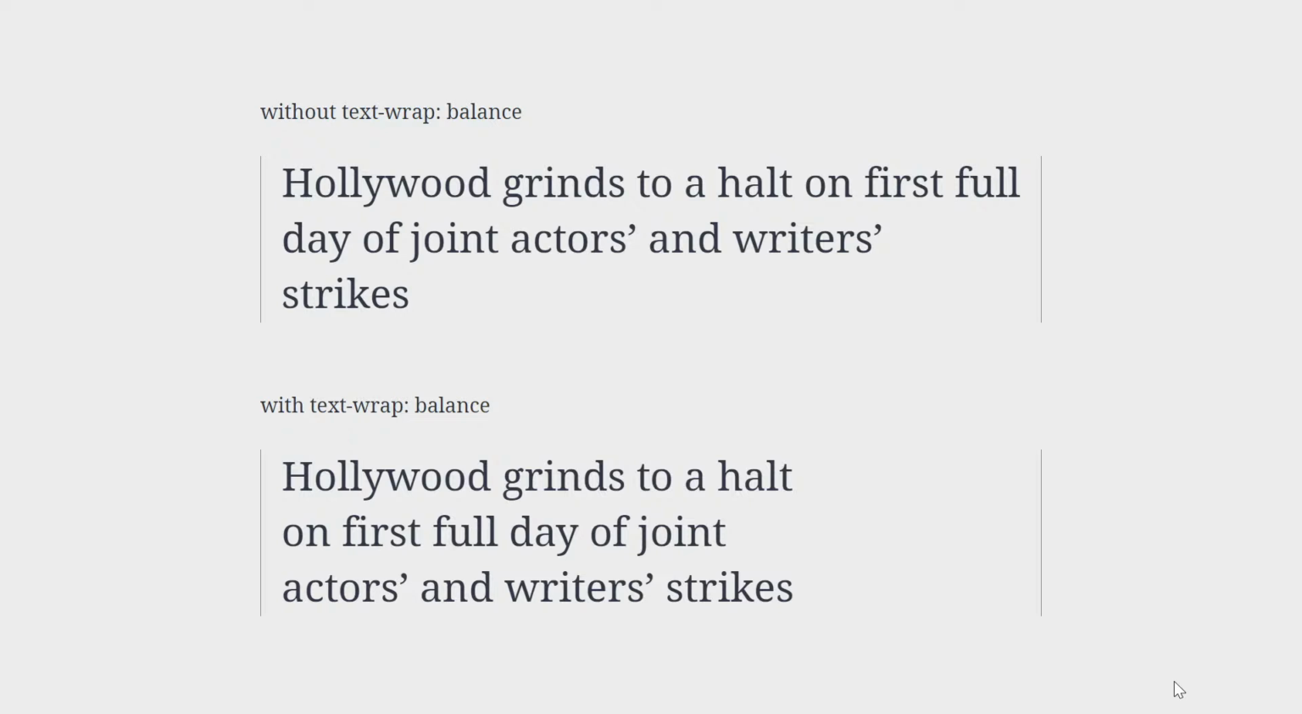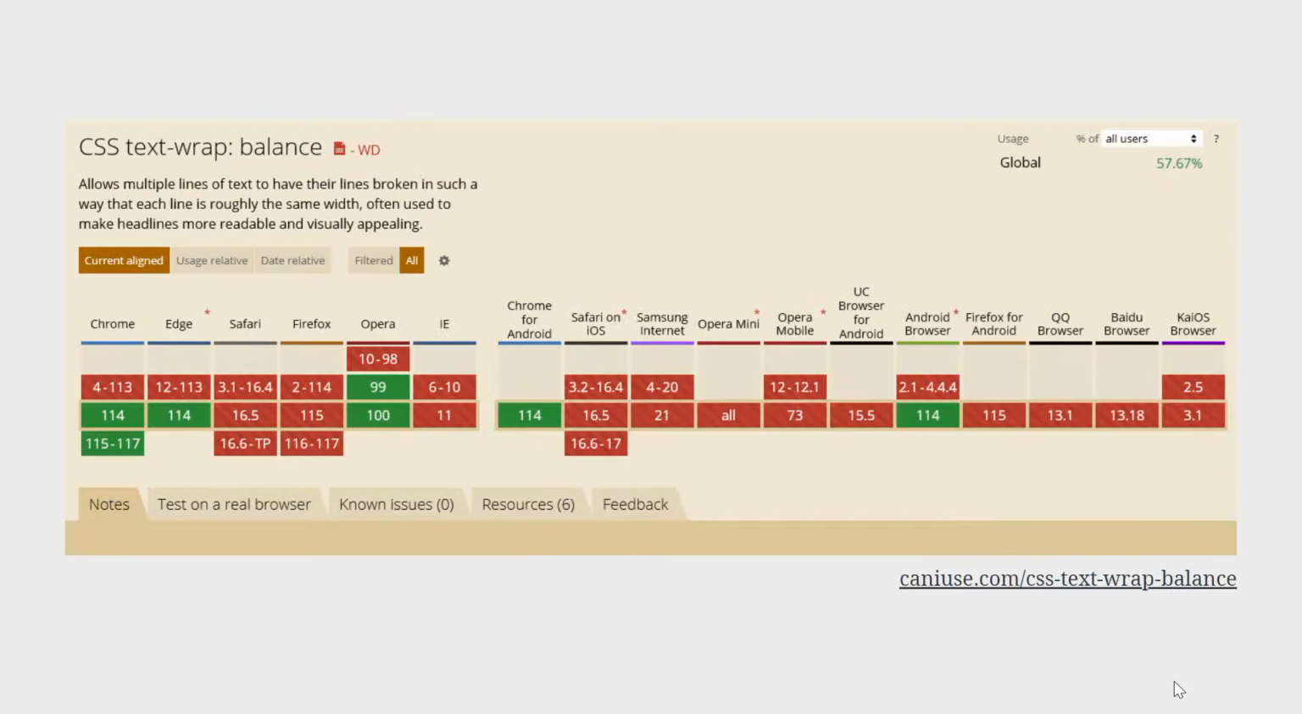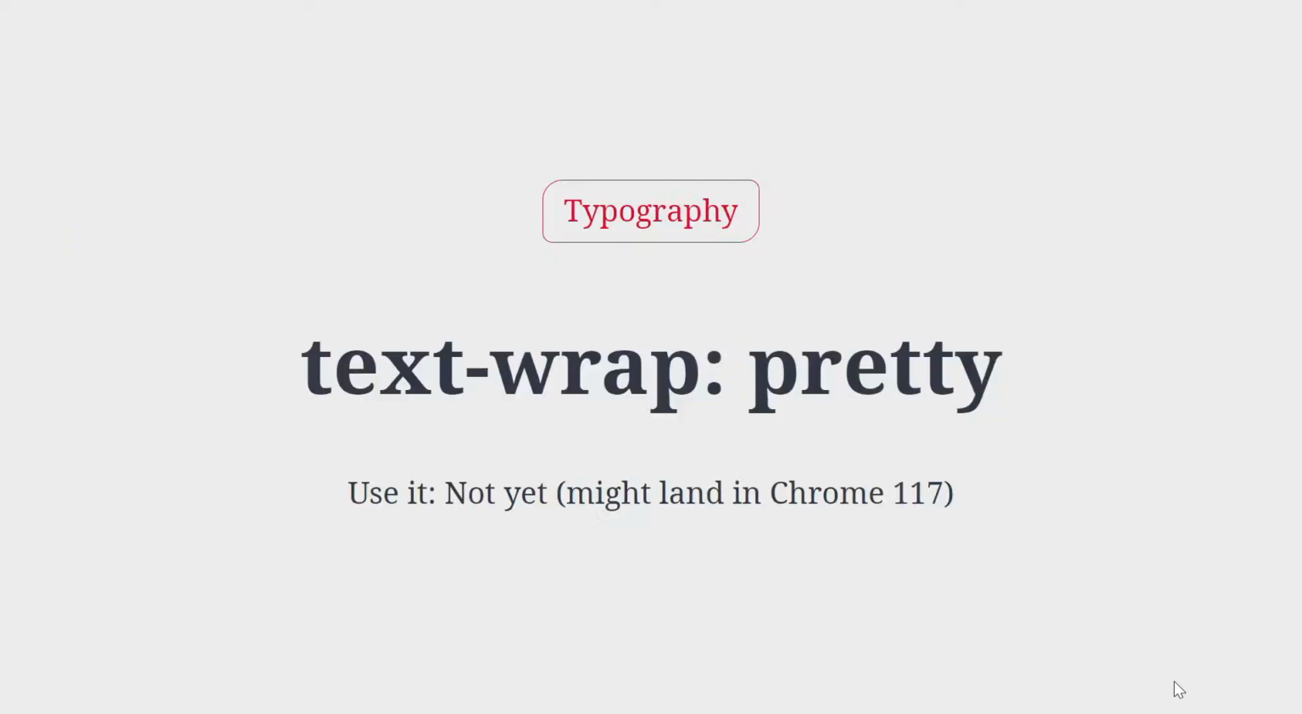If you have this headline, the first example is how it usually looks, and the second is with text wrap balance activated. It's only supported in Chromium browsers, but as I said, it doesn't break anything in the other browsers, so you can already use it. Next to text wrap balance, we are getting another text wrap sooner or later. It might land in Chrome